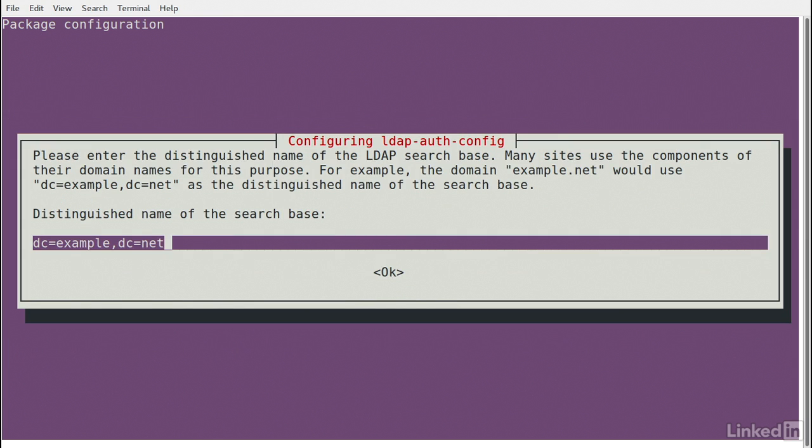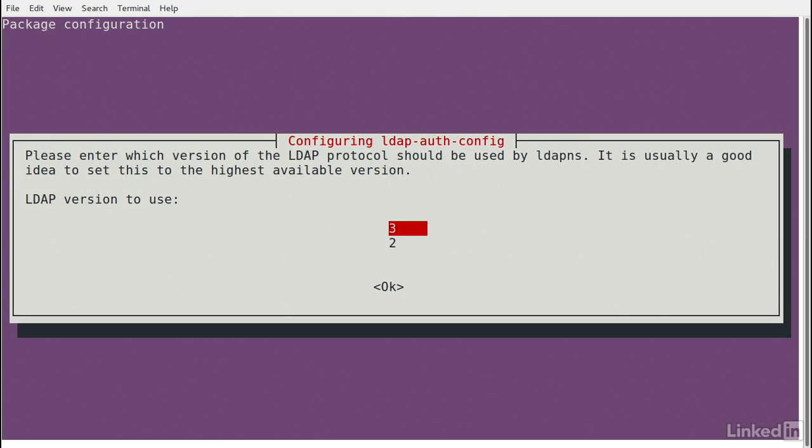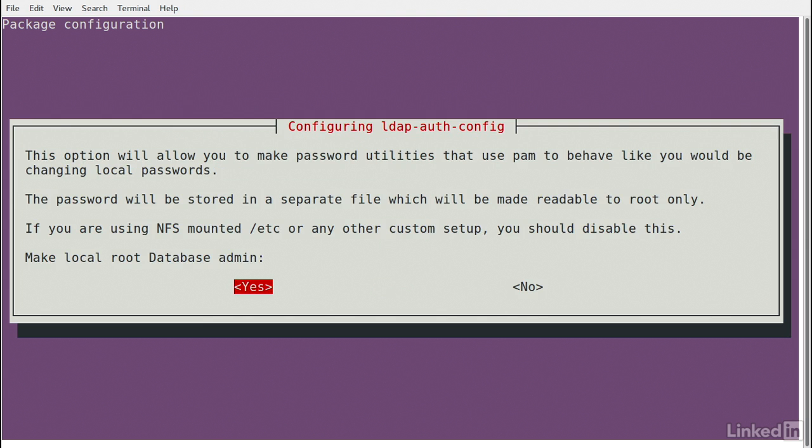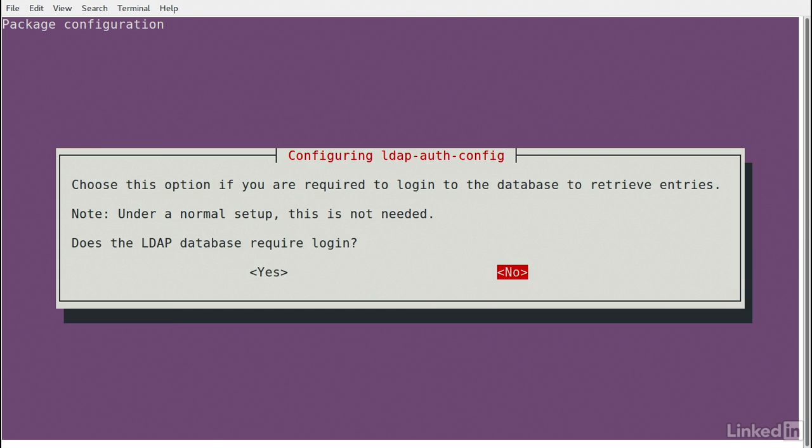I'm asked for the distinguished name of the search base, which is our domain in this notation. DC here stands for domain component. So for example.com, I would write dc=example,dc=com. We'll choose LDAP version 3, and I'll enable this option here. Here I'll choose no,